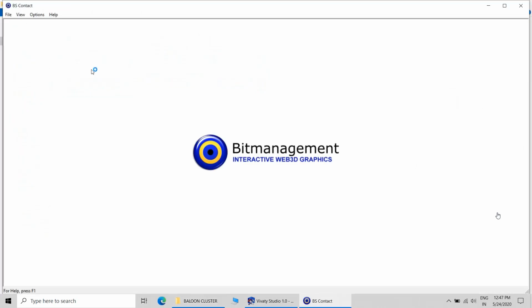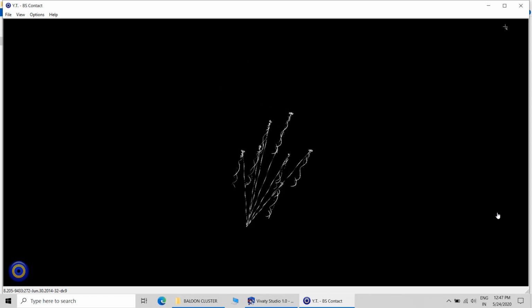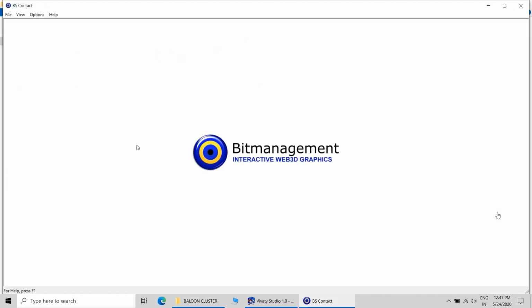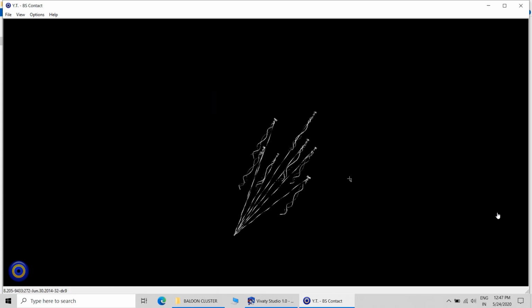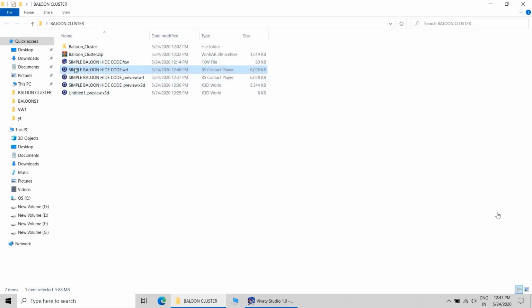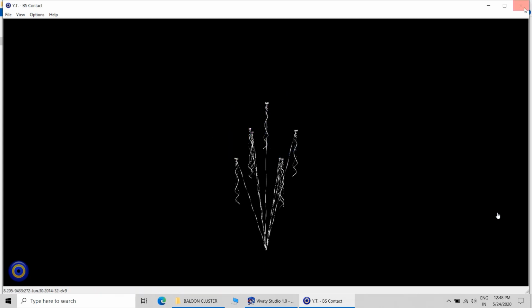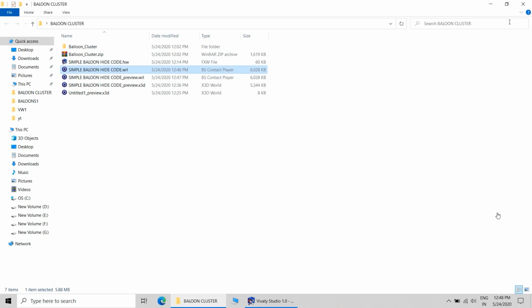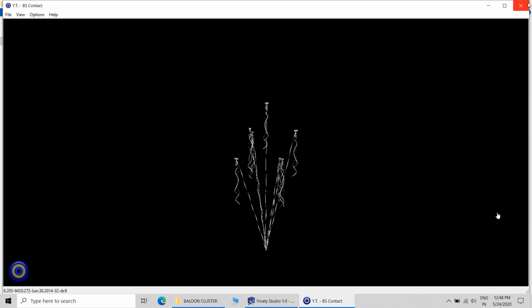So you have to touch the sphere, and now you can see that it is working. The code is working now. So touch the sphere, and now there will be a blast of all the balloons.